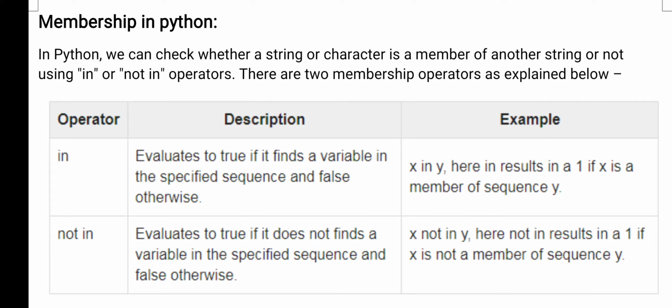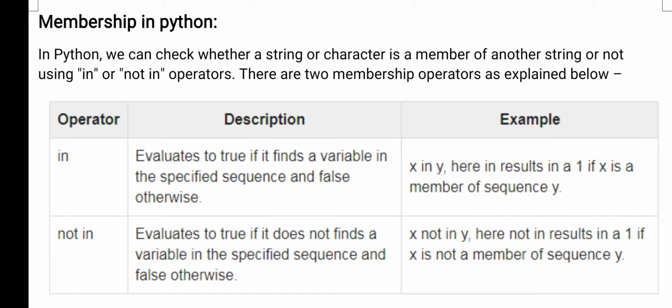In today's class, I'll explain the remaining string manipulations. In the last class I already explained what a string is, how to declare a string, how to find the length of a string, how to join strings, and how to print the same string a number of times. Those types of functions I already explained in the last class. So in today's class I'll explain the remaining functions which I have not discussed.